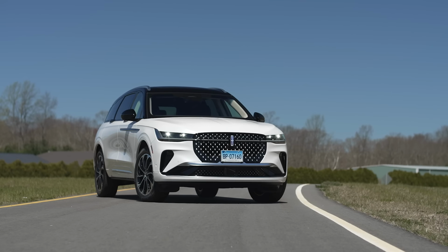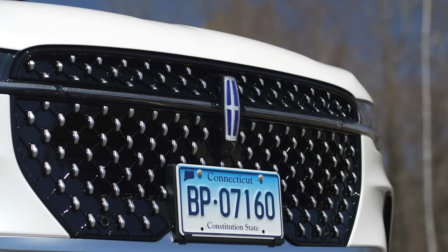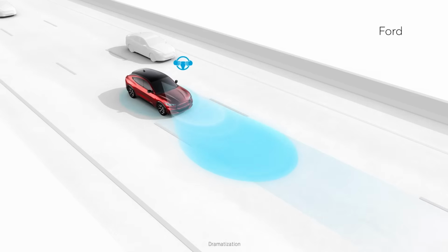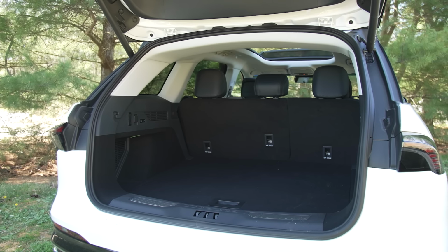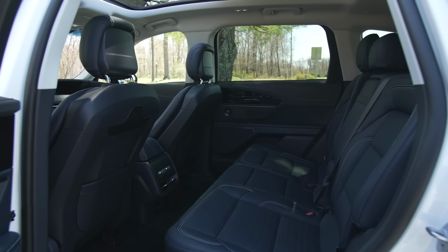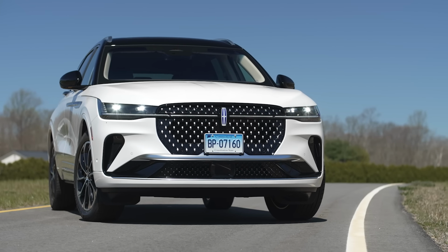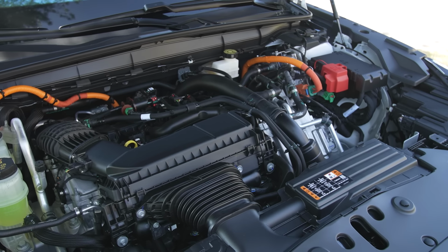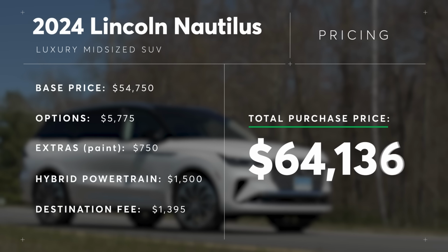The base price for our car came to $54,750. We added only one option package for $5,775, which brings BlueCruise hands-free driving for 4 years, hands-free liftgate, a big glass roof, a 14-speaker audio system, and heated second-row seats. We also added some special white paint for $750, and the hybrid engine kicked in another $1,500. With the $1,395 destination fee, the total came to